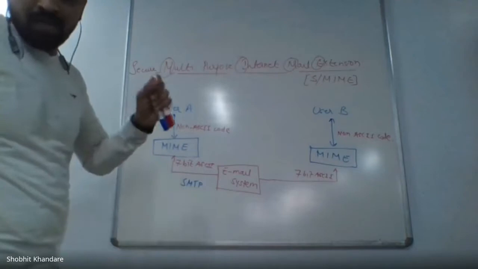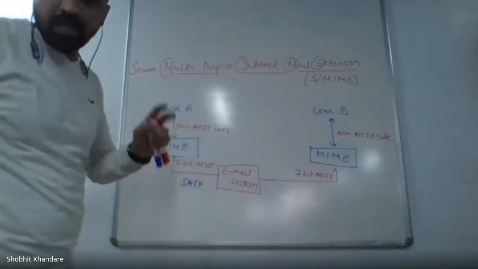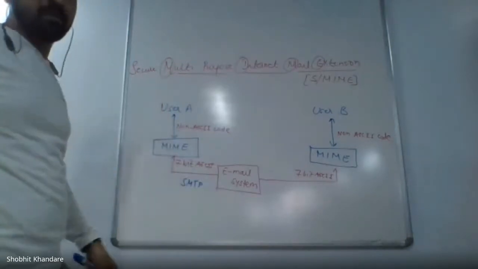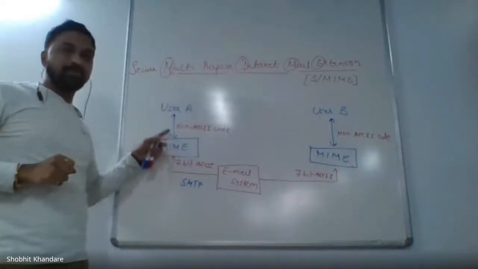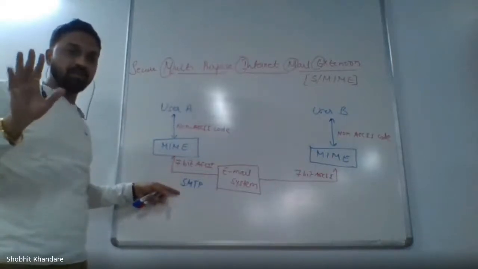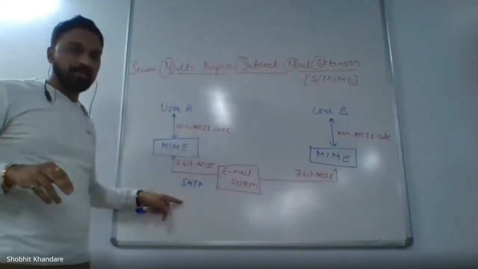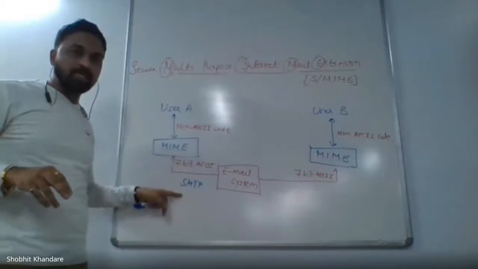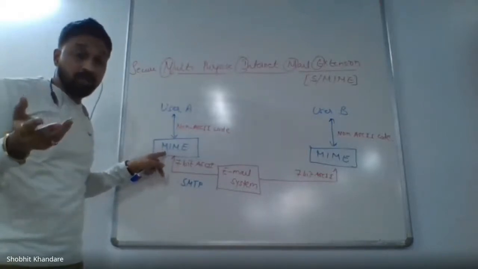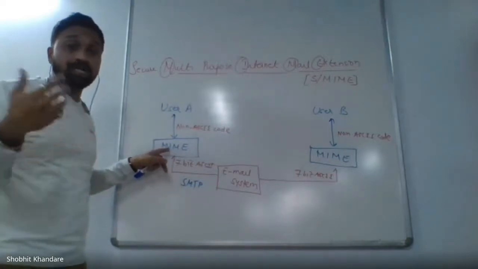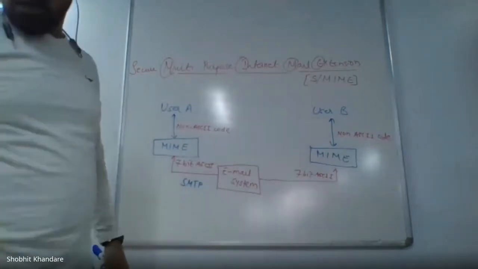So what did you write? MIME is not an email protocol and cannot replace SMTP, comma, it is only an extension to SMTP. So they are part and parcel of a single thing, part and parcel of an email system. MIME and SMTP will go hand in hand. And MIME will come into the picture whenever you are dealing with non-ASCII code. That is the meaning.